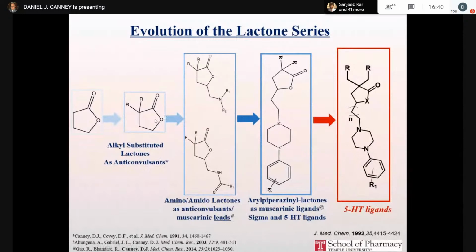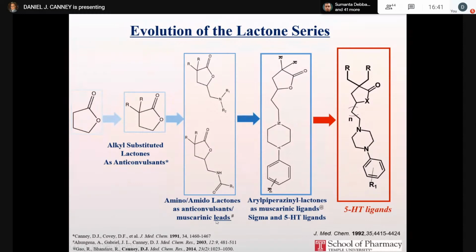Louis at Washington University. And this project has kind of evolved over the many years. I went to Temple sometime later, worked on those lactones as anticonvulsants, followed up on it. They turned out not to be very good. The ones that we looked at later weren't very good as anticonvulsants, but they turned out they had some